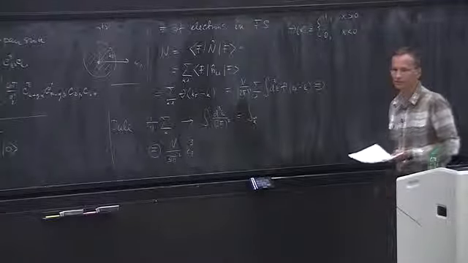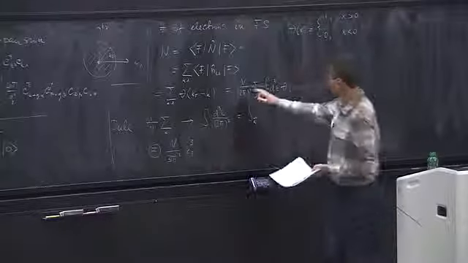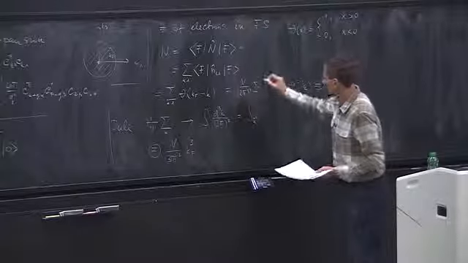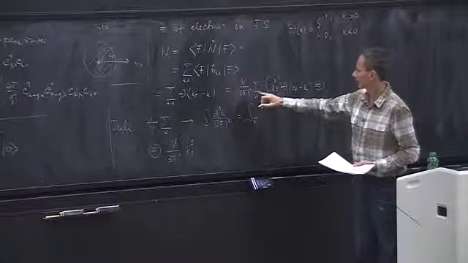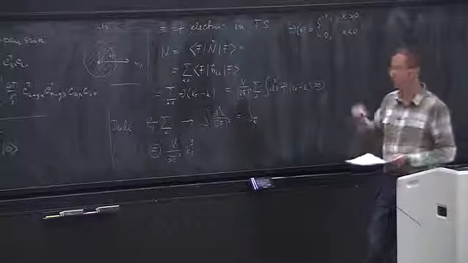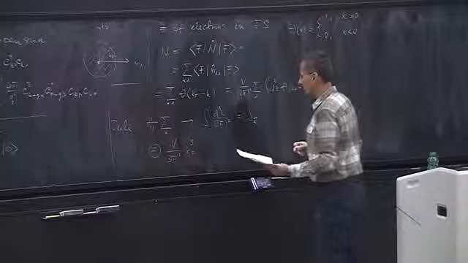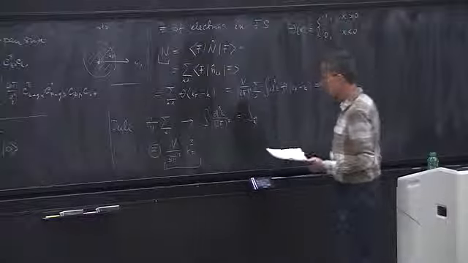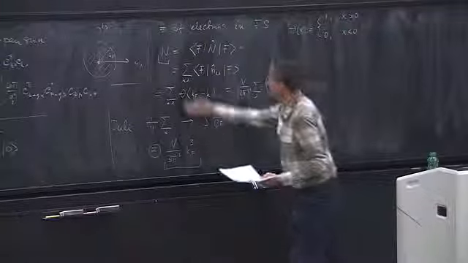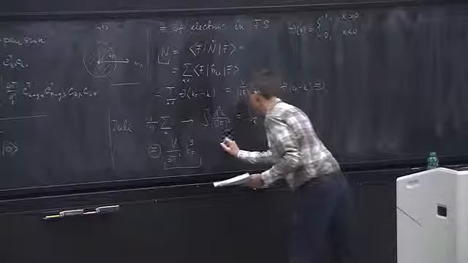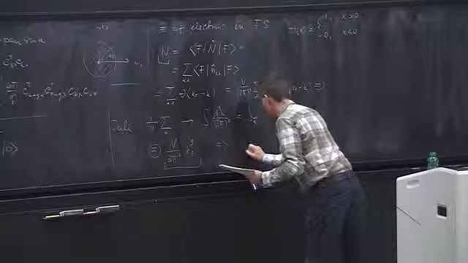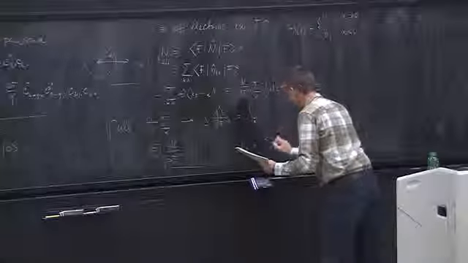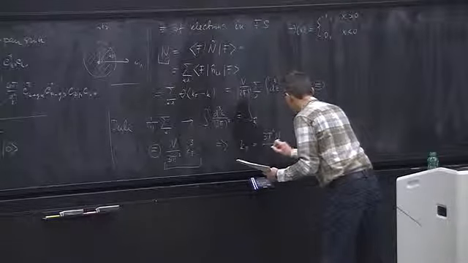So I would get 4/3 pi kf cubed for the volume of the sphere, and then I cancel some of these factors. And also, since this is independent of spin, I get another factor of 2 from the summation over 2 independent projections of spin. And now I look at the beginning and the end of my equation, and I can express kf through the density. So from here, I get an expression for kf, my Fermi momentum, as 3 pi squared N over V